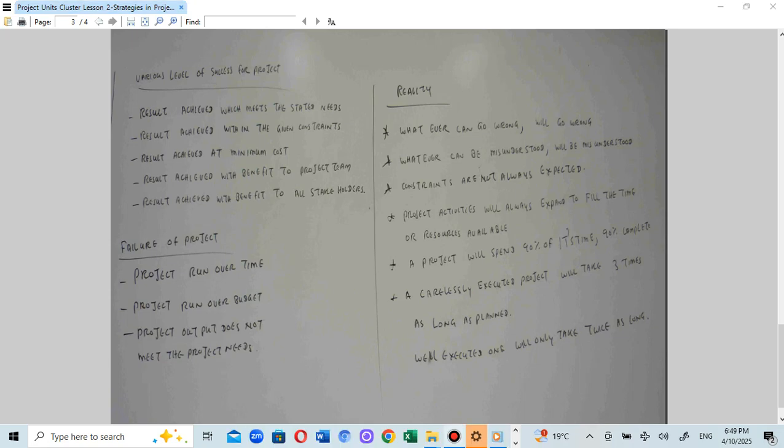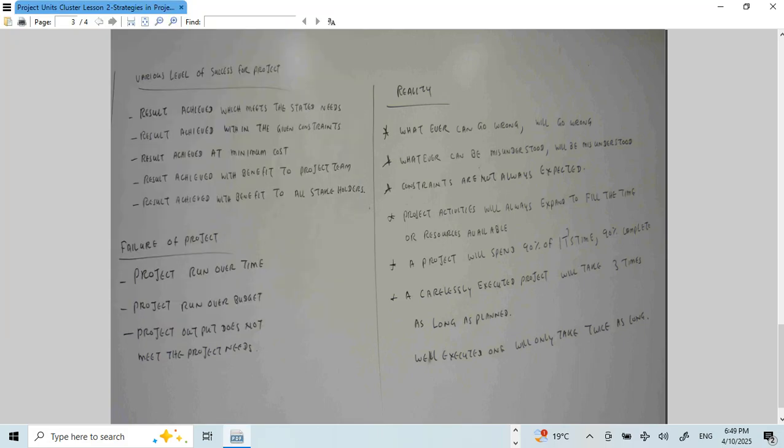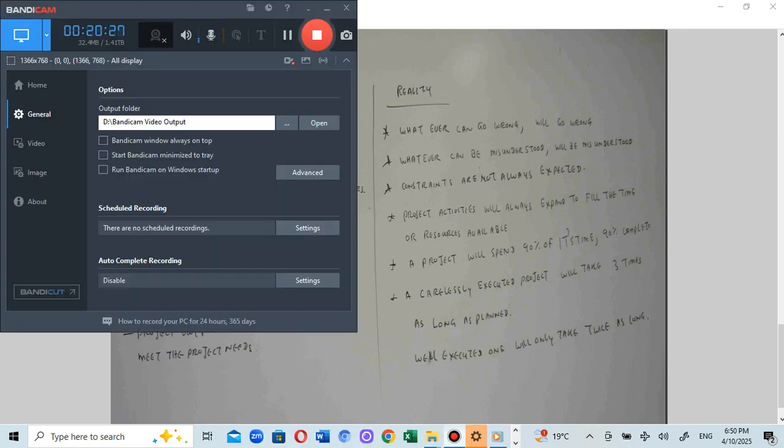Okay, so I have talked about the project strategy, how to make the strategy, how to make the project planning, who is responsible for planning which aspect of the project, the success factors and failure factors, and the reality of the project. So those are how to assess the project. And now we can develop the strategy. Strategy means that